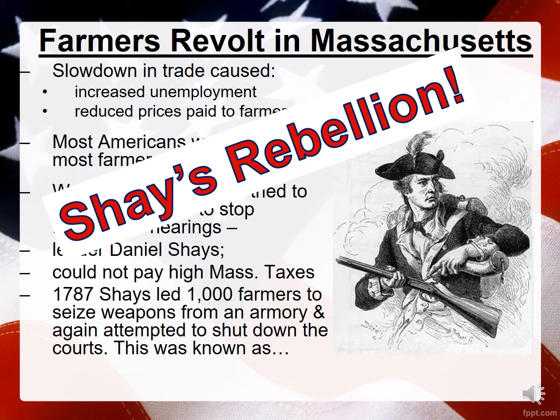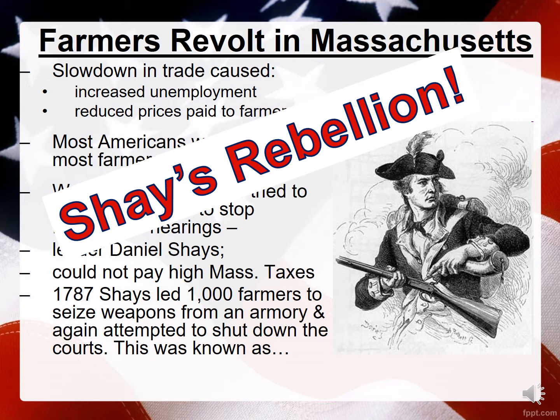issue to the forefront as it relates to federal power under the Articles of Confederation, because the governments and the towns and the courts in Western Massachusetts were screaming to the federal government, "Hey, we need some help here. We've got 1,000 farmers that are now converging on us. They're armed. We need you to call in the military. We need your help." And then General Washington, who was still in charge of the Continental Army, responded back,